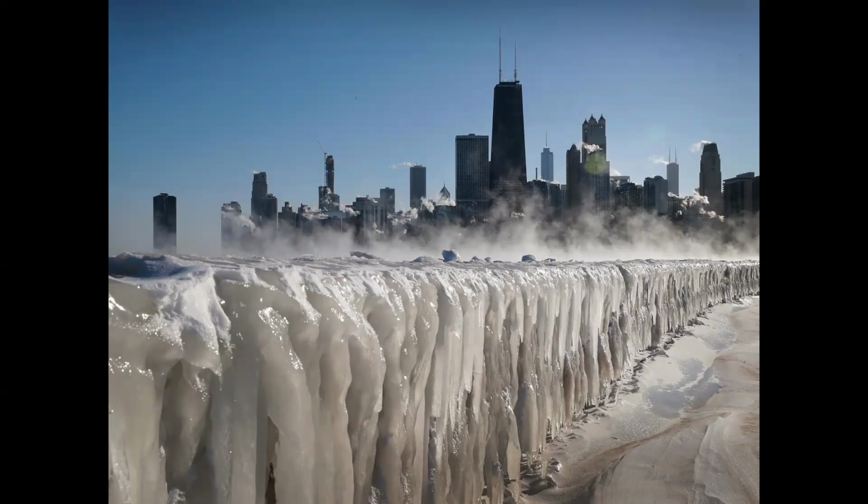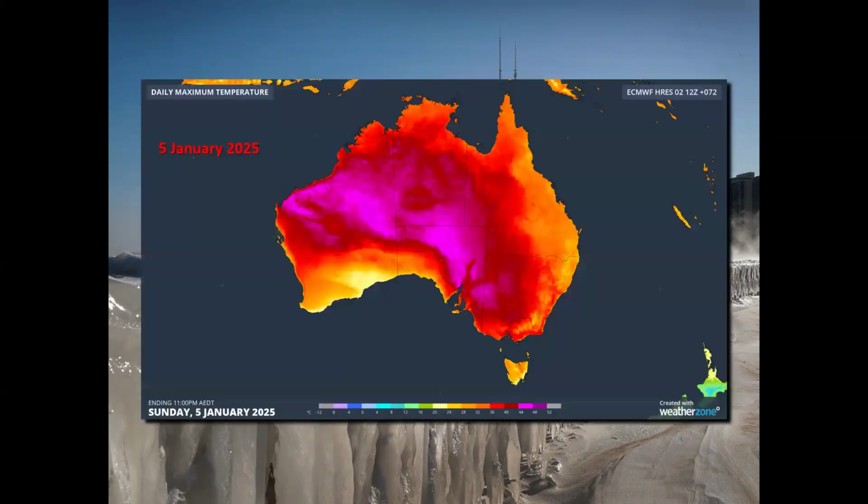So when we are having freezing weather, which we frequently have over the past several winters in places like Chicago, New York, and what have you, absolutely frozen temperatures, at the same time on our planet, you have record-breaking temperatures going on in the southern hemisphere in places like Australia. This is from January 2025, January of this year, when we were in winter. These are the temperatures that Australia was facing, 45.8 degrees Celsius. That's how everybody outside of the United States measures temperatures, which would be 114 degrees.